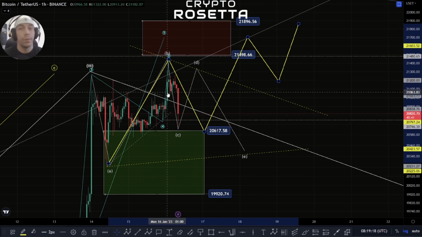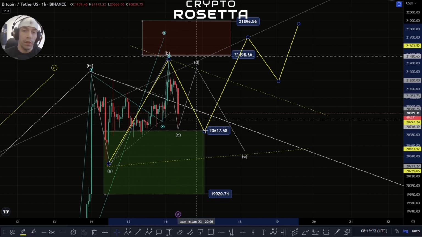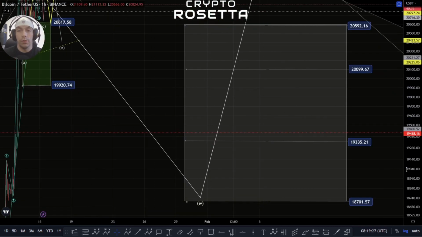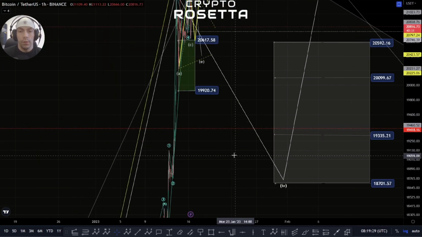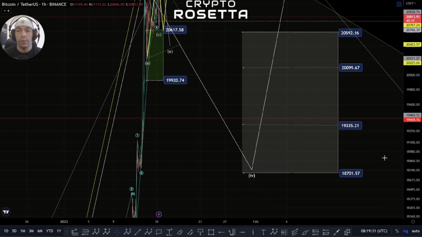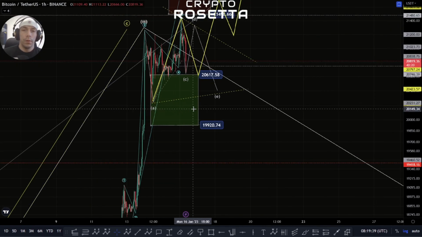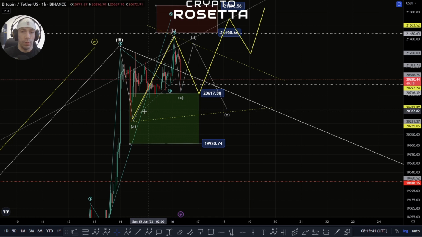Yeah, it just needs a bit more time to play out because we're kind of right in the middle of this move. This does make a 5-wave move. Either we're starting to break down from here, and if we do form bigger structure, I'd be looking towards the bottom end here of this sort of this wave 2, this 18,701 and this 19,335 zone. If, however, we form a triangle up in this zone, what we'd be looking for is finding support